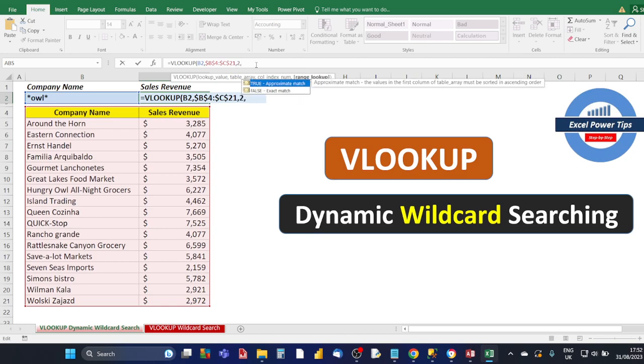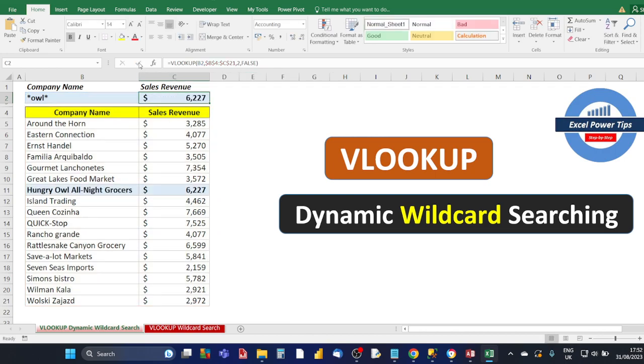And then the final argument is the range lookup. So do we want an approximate match or do we want an exact match? We want an exact match, so you select false. Then you close the brackets. So using the wildcard search has correctly brought across the full company name, Hungry Owl All Night Grocers, and the